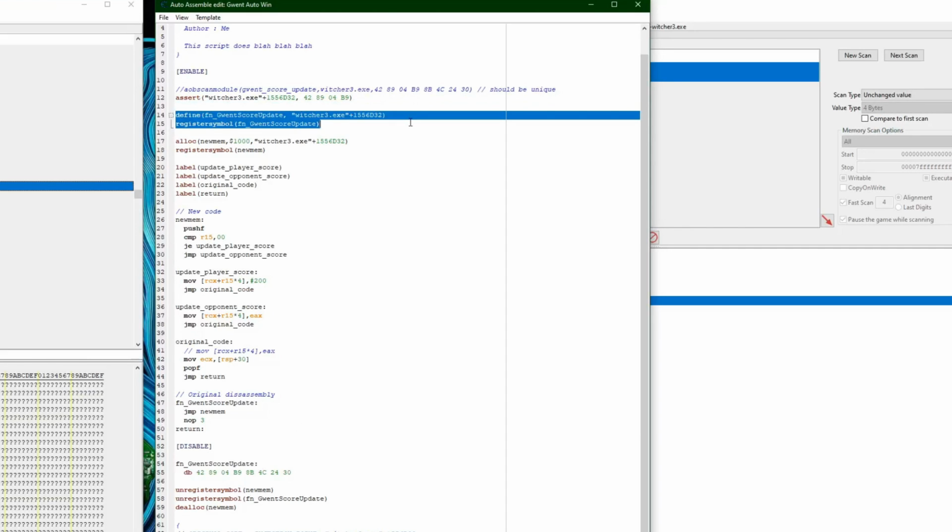And then I go forward and define this, which just makes it easier for me to reference this address every time. Instead of typing witcher3.exe plus 155 6d32, I just call it fn_Gwent_score_update. The naming format doesn't really matter, but this just allows me to reference this offset with a simple name. And then I register it as a symbol just so that I can easily see it in the disassembler when I'm changing this code. Then I allocate an area called new mem, which is kind of standard in